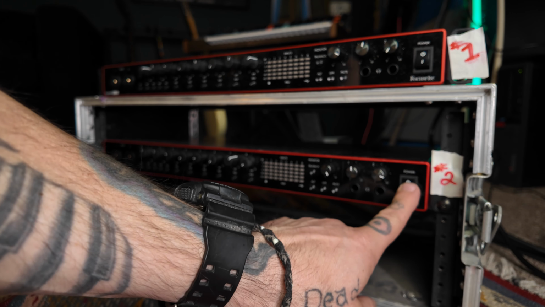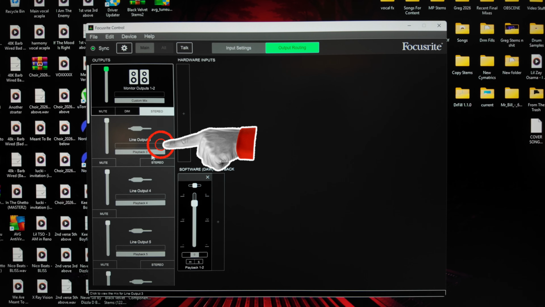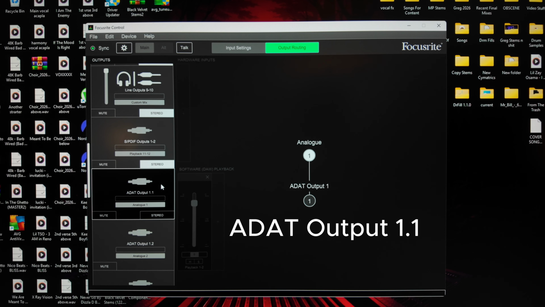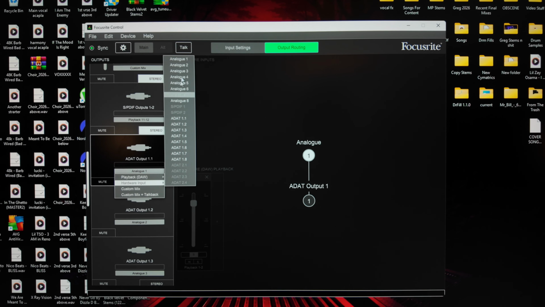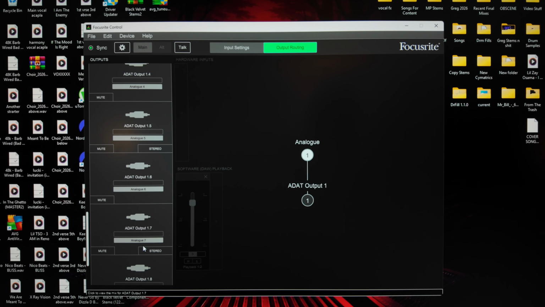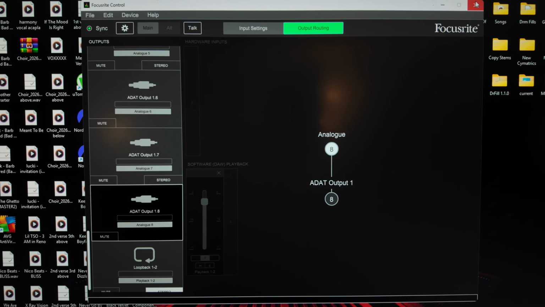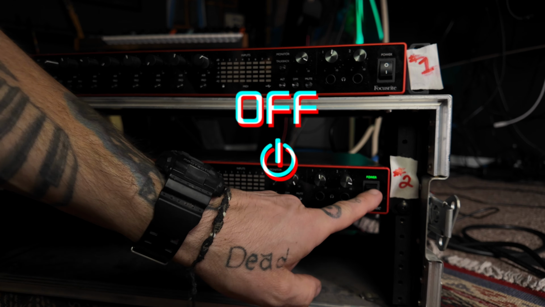Turn the slave unit on and open up Focusrite Control. Over here on the left-hand side, just go ahead and scroll down until you find ADAT output 1. And then you're going to want to go to this drop-down menu and assign it to analog 1. And you're going to do that through the whole thing. 1 to 1. Number 2 is number 2. Number 3 is analog 3, and so on and so forth. You get the idea. Once you've assigned all 8 channels, go ahead and close Focusrite Control and power down the